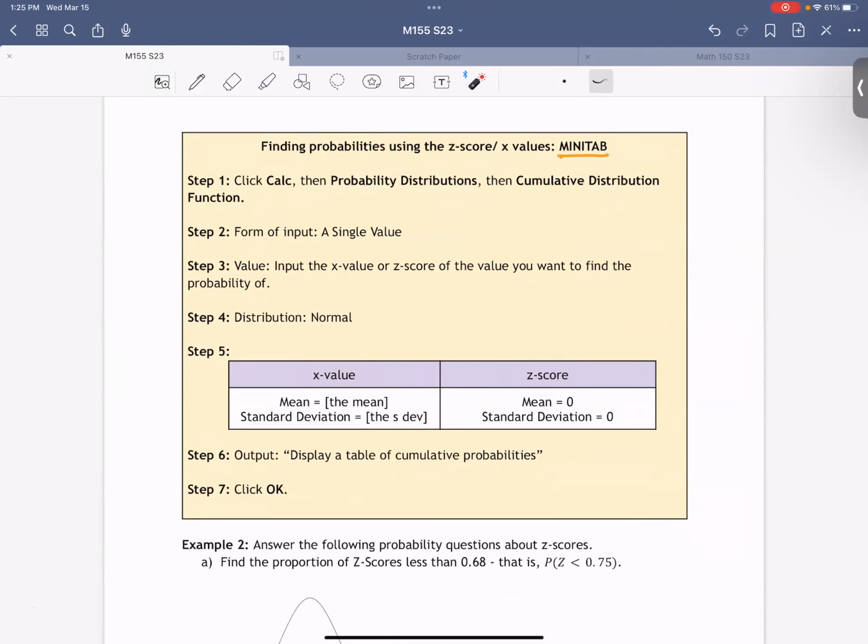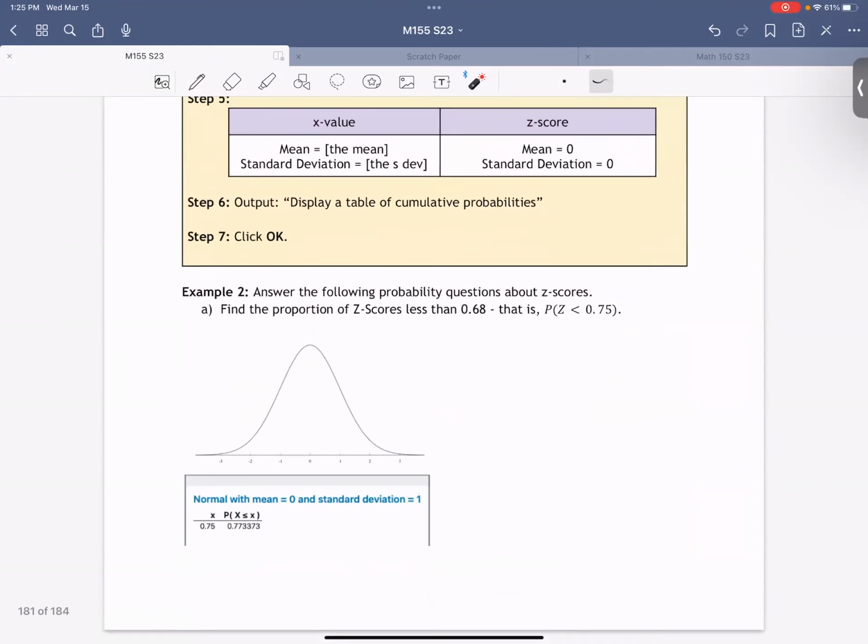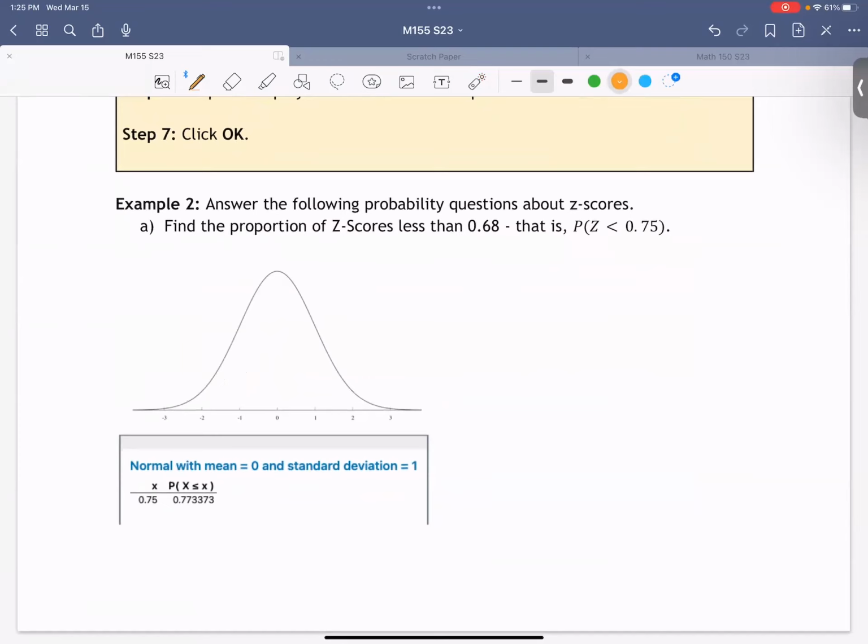So let's skip this right now and go to example number 2. In example number 2, we're given a bunch of questions about z-scores. We're not given a situation where we have x values. We know that what we're dealing with is a z-score. So part A, we want to find the proportion of z-scores that are less than